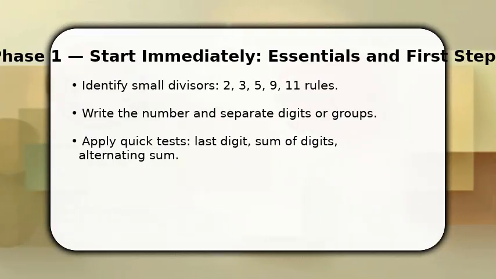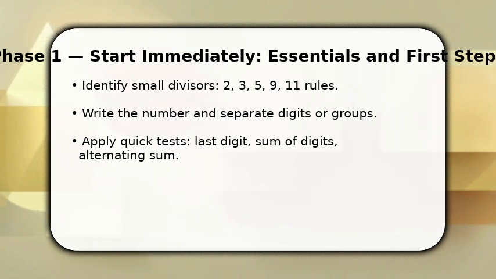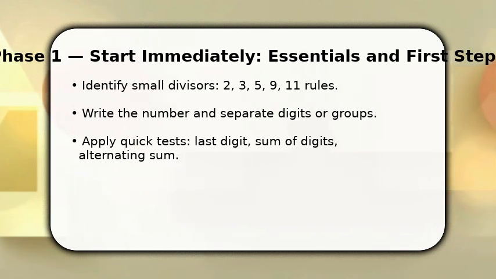You begin by setting the number clearly on paper and listing small, easy divisors to try first. Check 2 by the last digit, check 5 by last digit, check 3 and 9 by digit sums. Once done, use the rule for 11 with the alternating sum to catch that case quickly. These steps filter out many numbers and save work, so make sure to record which tests passed before moving to